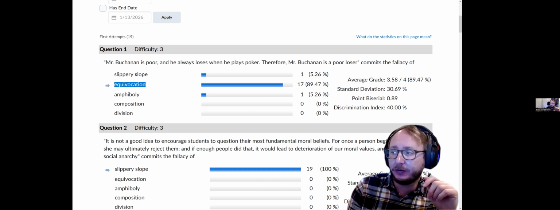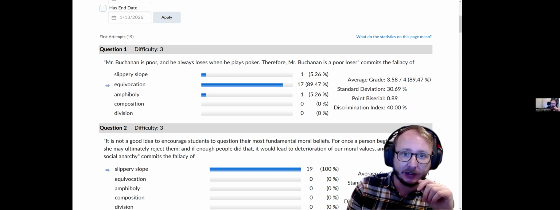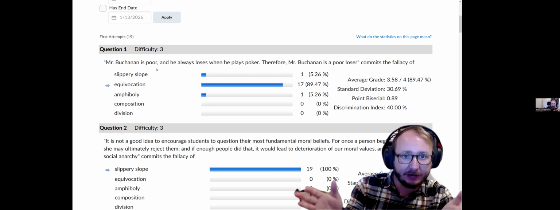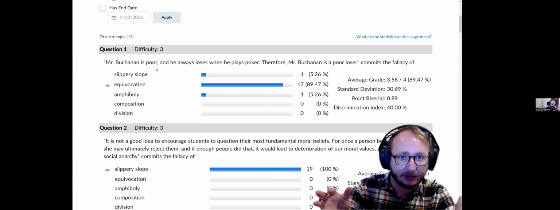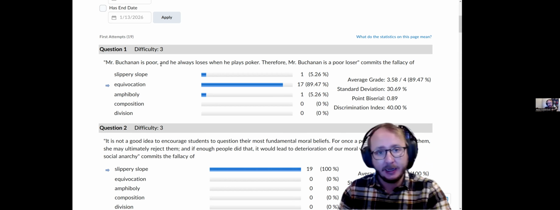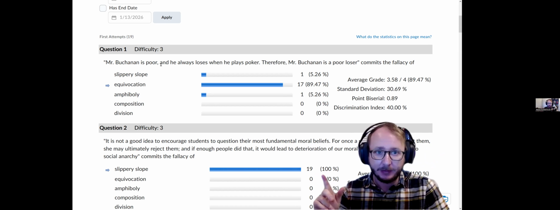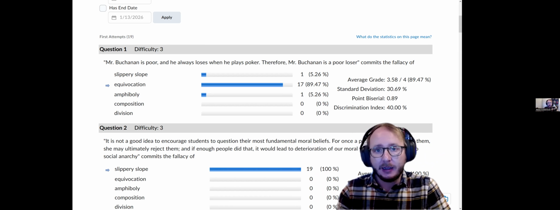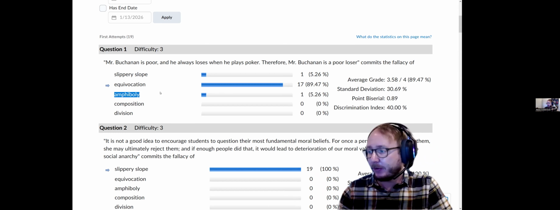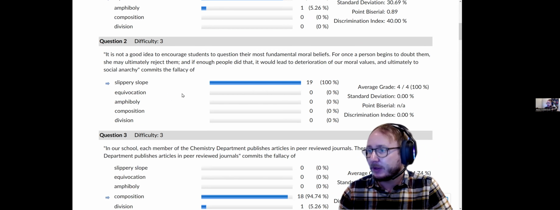So for equivocation, you should be able to identify a single term or phrase, a single concept that is deployed in different ways with different meanings across the argument, where it comes up in one place with one meaning and comes up in another place with a different meaning, right? So that is what's going on here. That's a little different from amphiboly, which we'll get to in a little bit here.